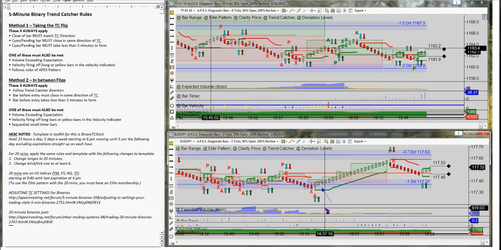Is UJ the best of the four? That just depends on, that's a personal preference. I like UJ, and I can only concentrate on one at a time because it never fails. If I watch all four, I pull up a ticket for EU when I'm actually watching AU or something. So I find that I like one, and UJ has been good to me, so I stick with one market most of the time. But